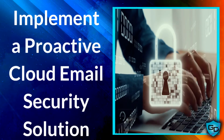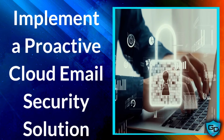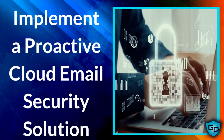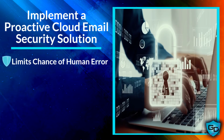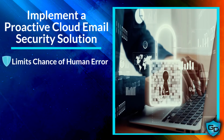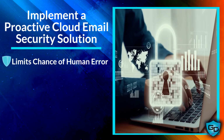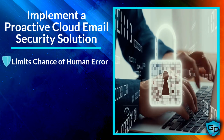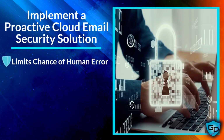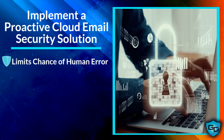Since creating backups is not foolproof against ransomware, you should consider implementing a proactive cloud email security solution to fill in the gaps. Traditional antivirus solutions do not have the ability to stop many phishing emails containing ransomware due to their single-layered infrastructures and static methods. But an antivirus solution you should rely on is one that decreases human error by preventing phishing emails containing ransomware